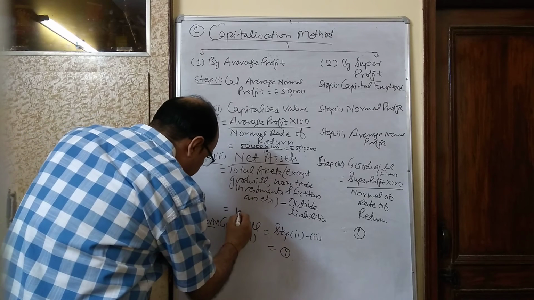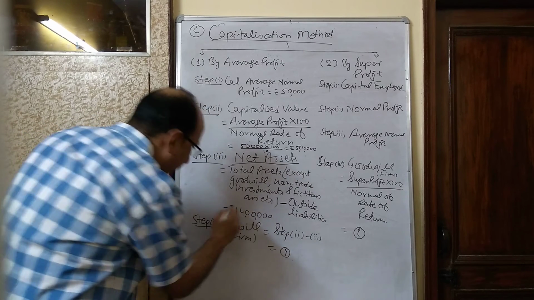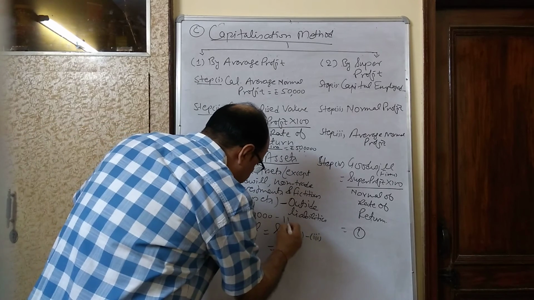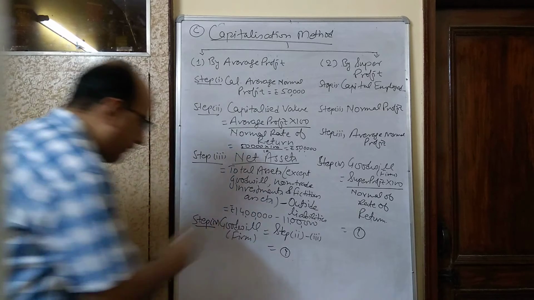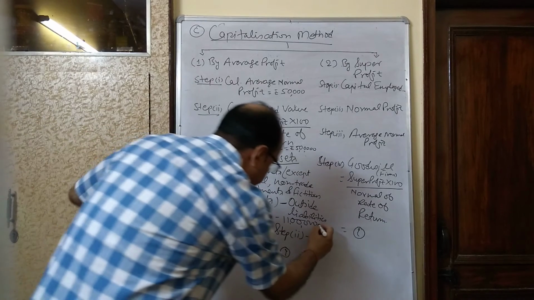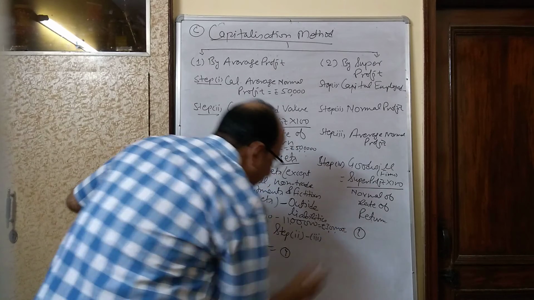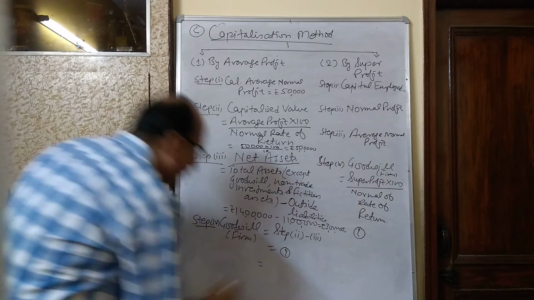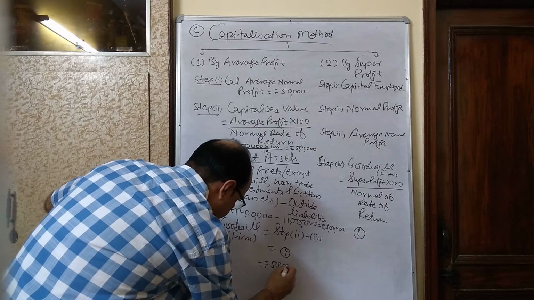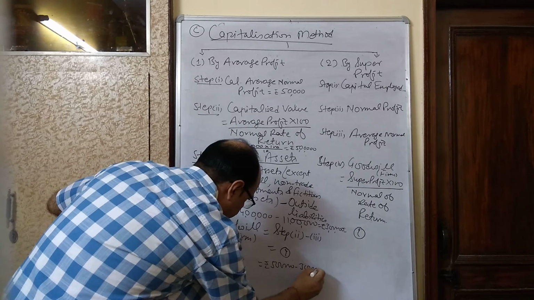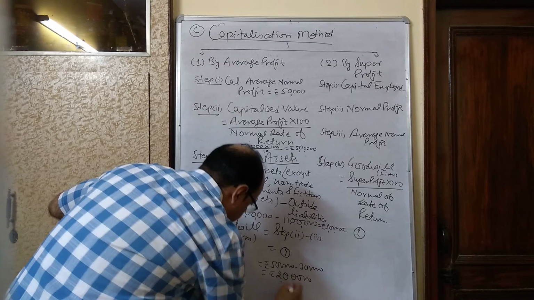Now say for example, your total assets is given, excluding all these things which are put on the board, that is rupees 14 lakhs, and your outside liability is, say for example, 11 lakhs. Difference is 3 lakh rupees. Now goodwill will be 5 lakh minus 3 lakhs. Your goodwill will be 2 lakh rupees. That is the firm's goodwill.